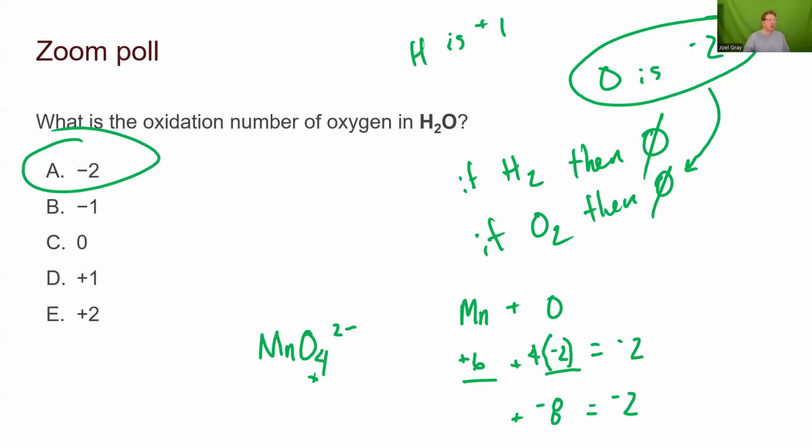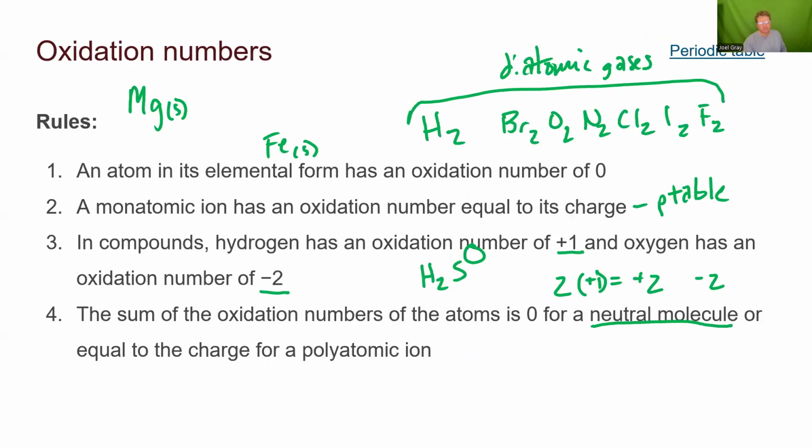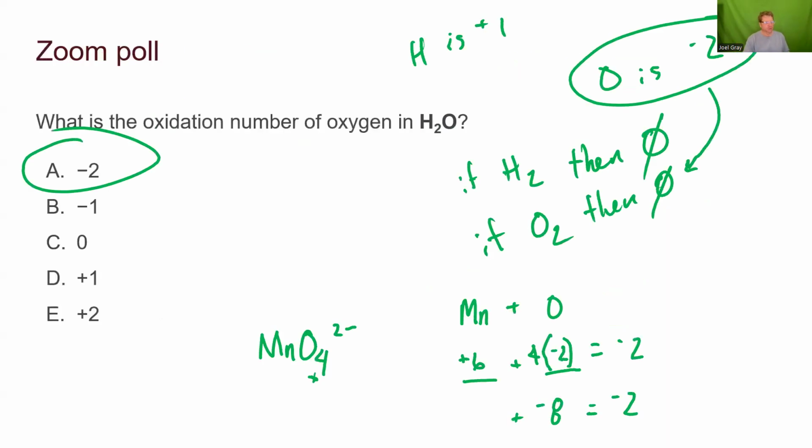Awesome. The trick is, 9 times out of 10, whenever I give you a question like this on your exam, if you remember number 3, you're going to be solid, because that will guide you through almost everything. If you can find the hydrogen or oxygen in there, you're going to be like, okay, cool, got it. Oxygen's -2, hydrogen's +1. Everything else is going to contort itself based on hydrogen and oxygen.